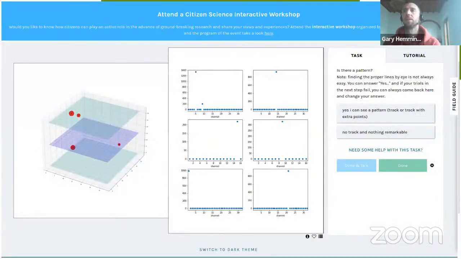But what do volunteers do in this project? They are asked to identify the passage of particles through the different levels of the detector. So they are given a 3D representation, and they are asked to try and recognize and draw onto the screen the passage of a particle as it passes through those different layers. And alongside that, they're given a two-dimensional representation of the different layers as well to help them understand.